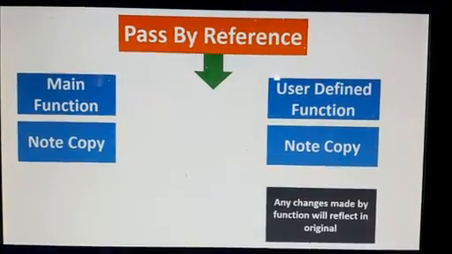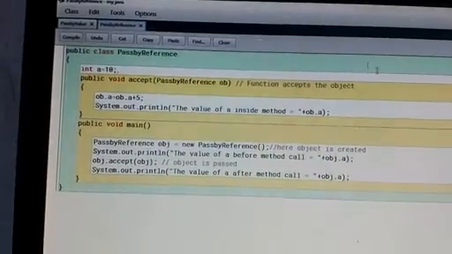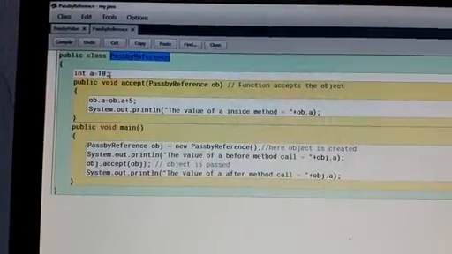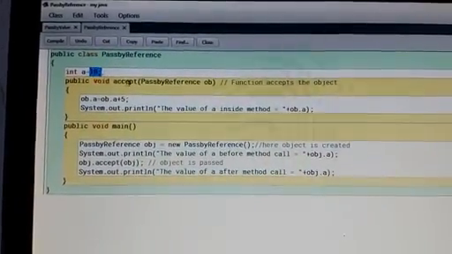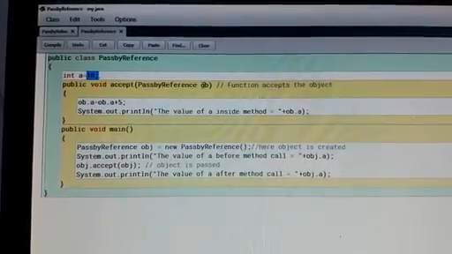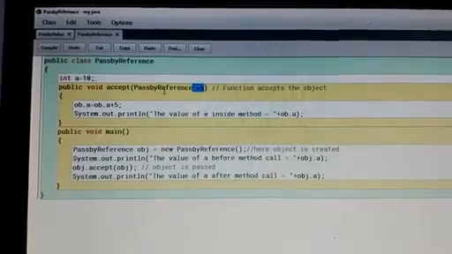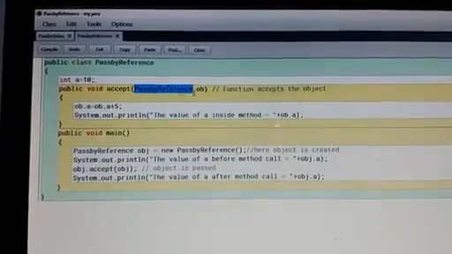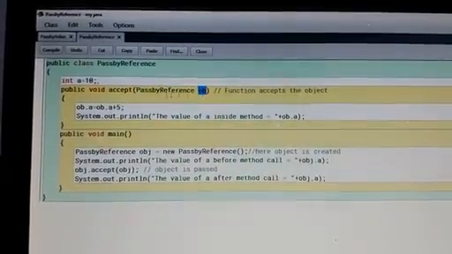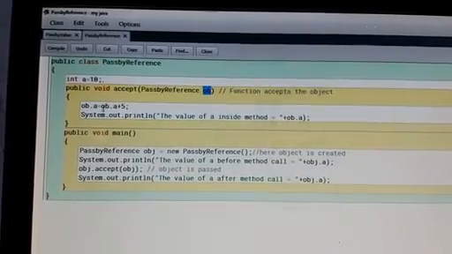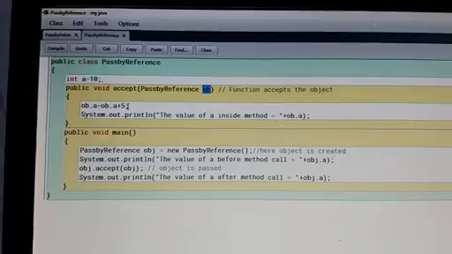And now look at the programming. Here the class is pass by reference and the same int a equal to 10. But inside my user defined method, I am accepting an object of class pass by reference, ob. That means ob is the object of the pass by reference class. After that, I have written ob.a equal to ob.a plus 5.